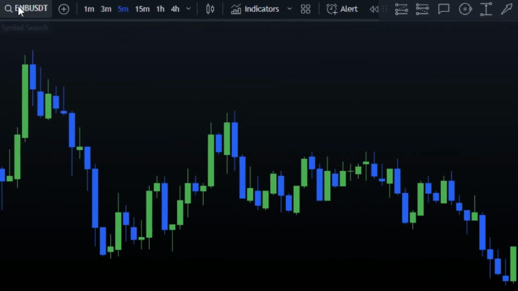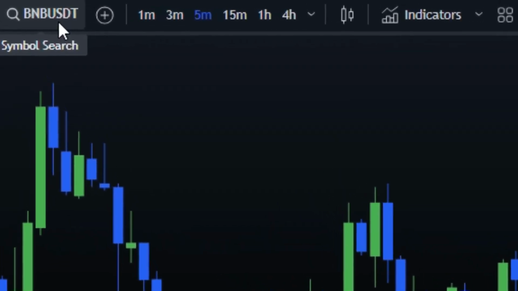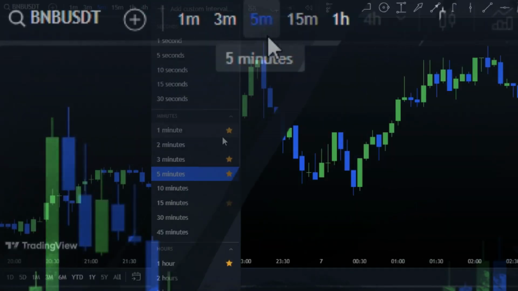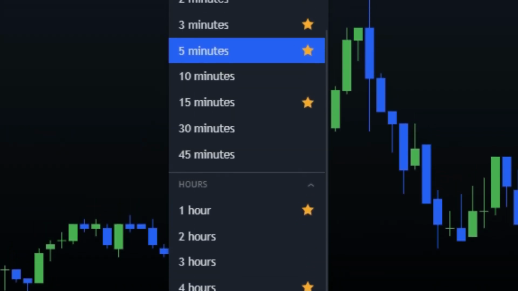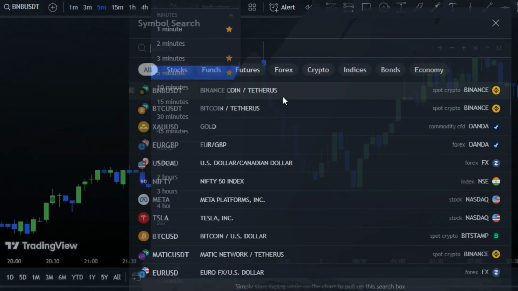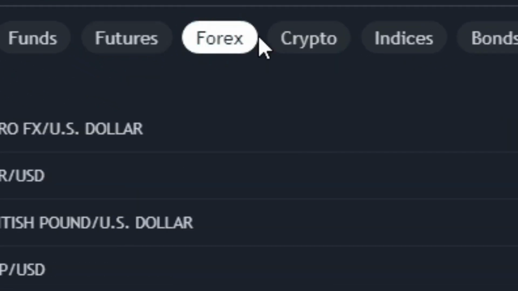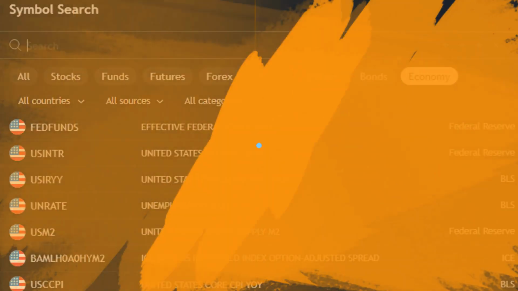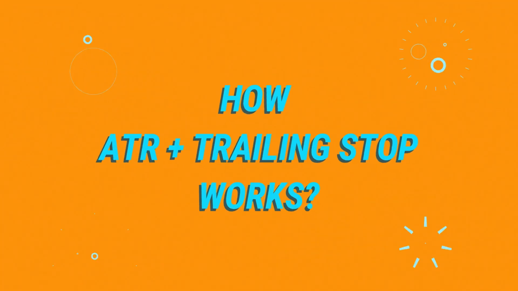Keep in mind that although I'll be using the BNB 5-minute chart to demonstrate this strategy, the ATR Plus Trailing Stop indicator can be applied to various charts and time frames. Feel free to backtest it on any chart of your choice. Just remember to follow all the instructions provided in this video for the best results. So let's dive right in and see how the ATR Plus Trailing Stop indicator can give you an edge in